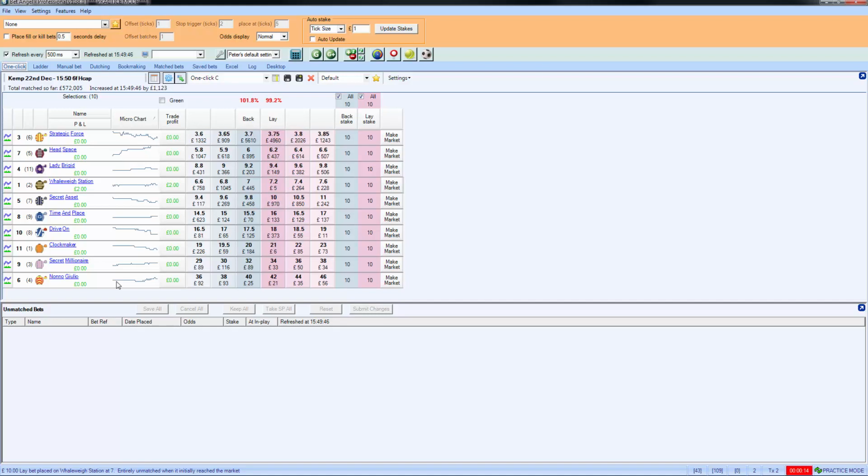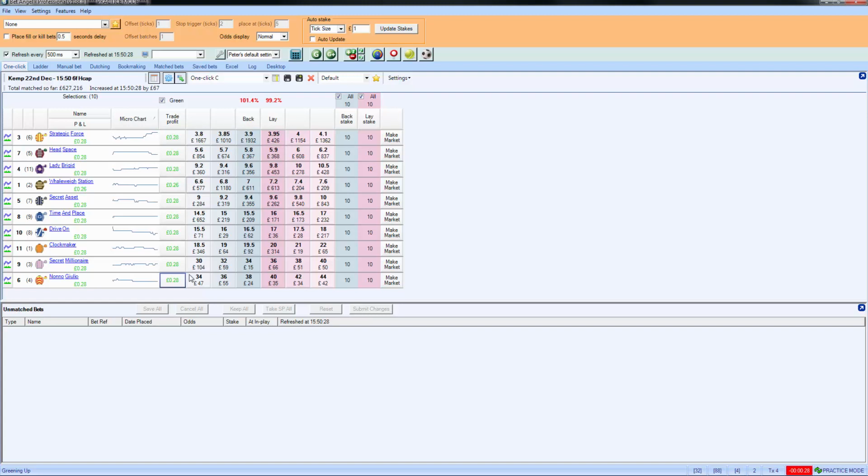So the way that you get a win whatever the result situation within a racing market is you have to hedge your profit. So if I go up here and click on green, can you see what happens? All of a sudden the trade profit column is showing 28p across every single runner. So if we left the position as it is here, we'd win £2 on Whaley Station if it won and lose nothing if nobody else won. However, if I click on the green, then you can see it spreads the profit across the entire field. So let's do that. When we press that particular column, that places that position into the market, and BetAngel has spread that profit across